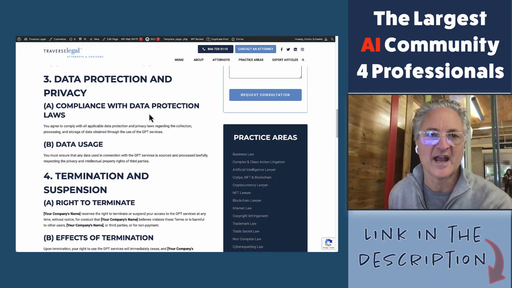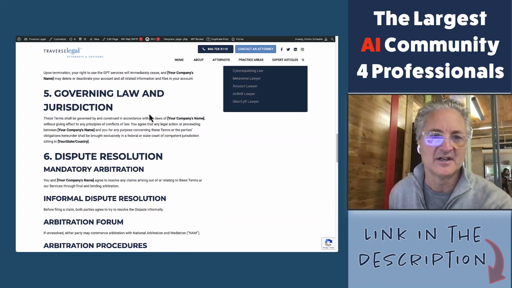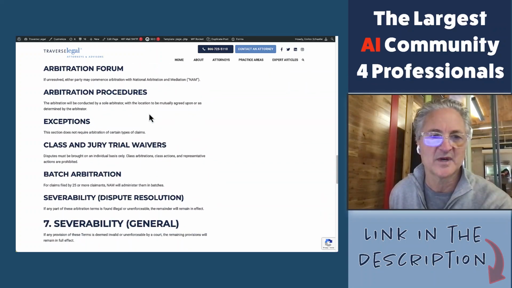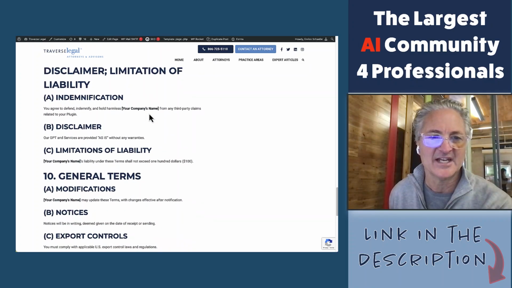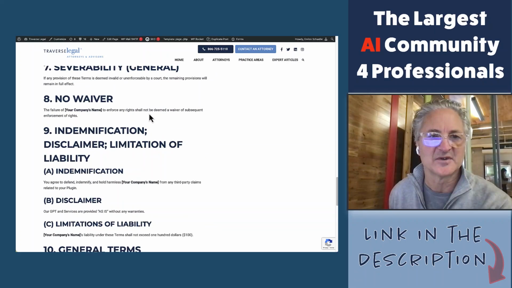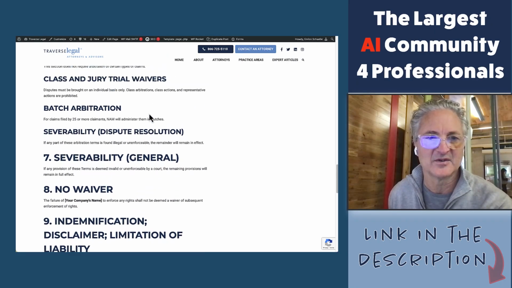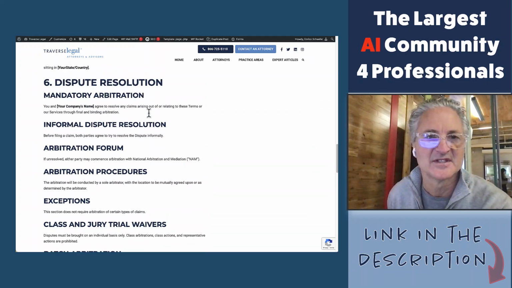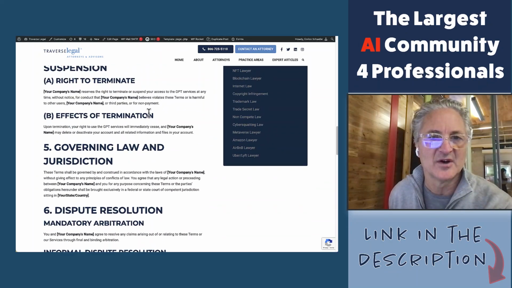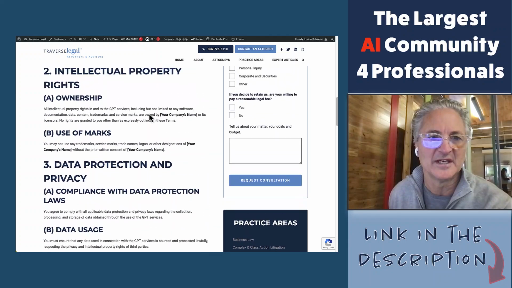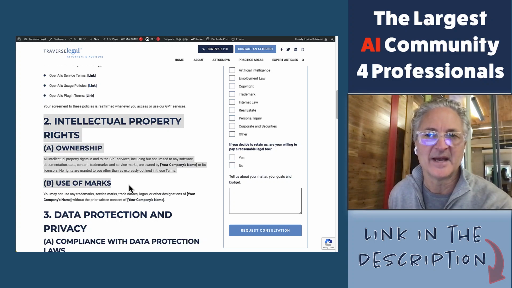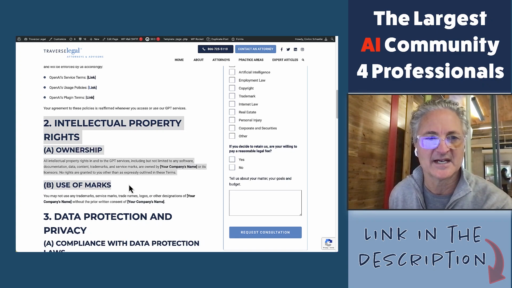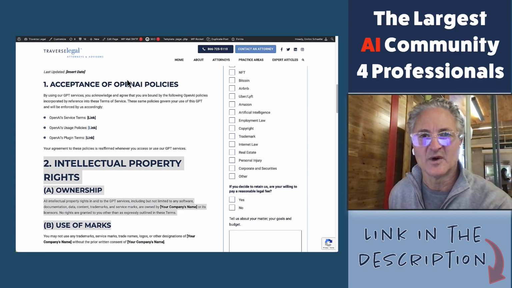So this could be the terms of use for anyone that uses your GPT. You're going to see governing law, jurisdiction, mandatory arbitration, class action and trial waivers. You're going to see indemnification clauses for their use. There's also a damage limitation provision, which says that they can only sue you for up to $100 in total damages. So that's going to be really, really important. Your intellectual property, your trademark for your GPT, any product engineering that you've done, copyright protected, you need to protect that. So I'll provide a link so you can see this and work with your attorney to develop your own